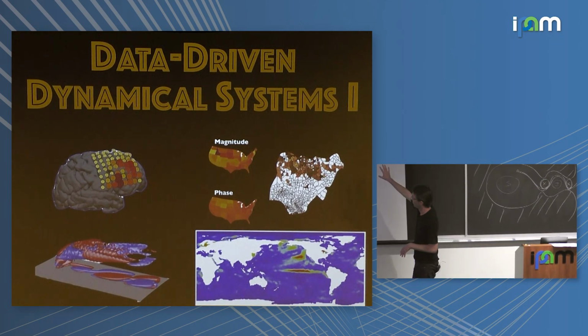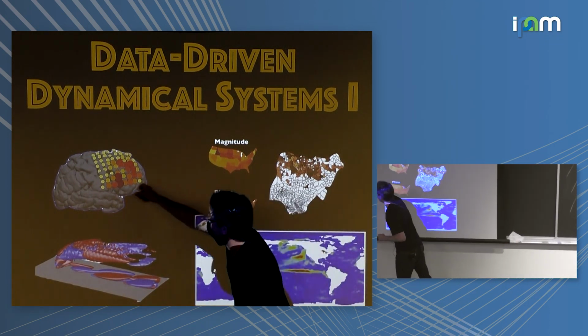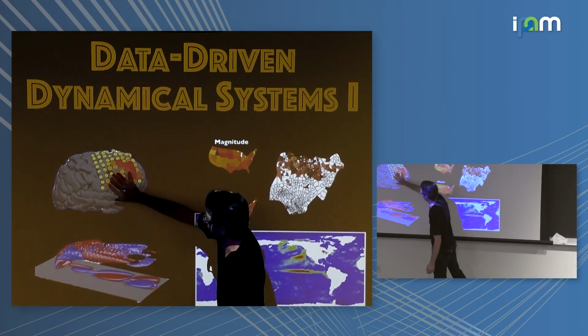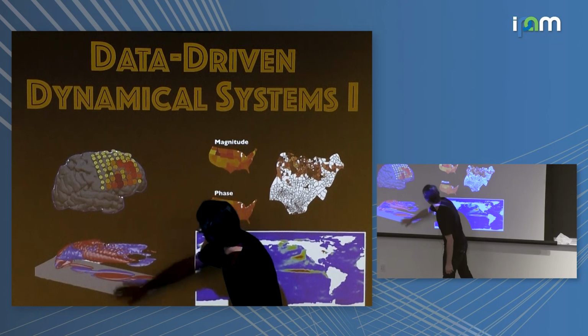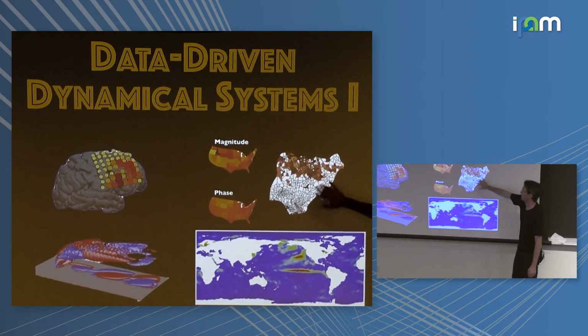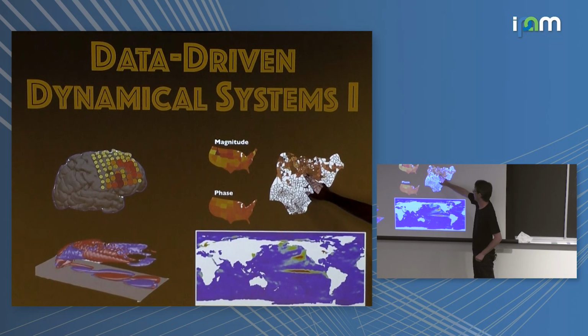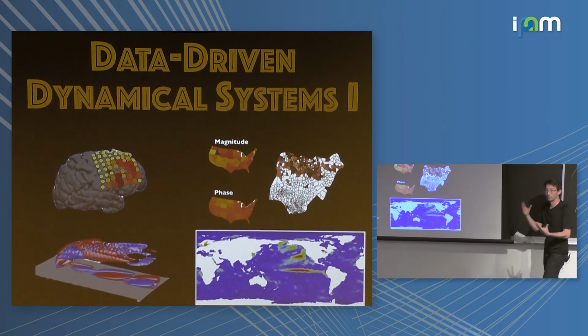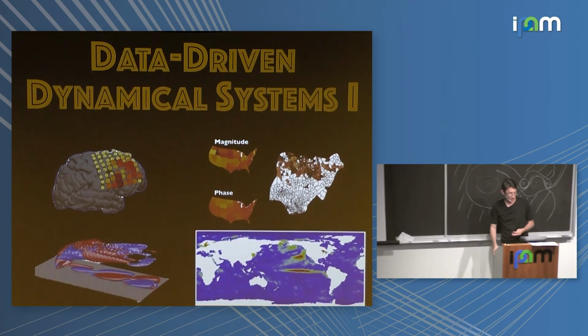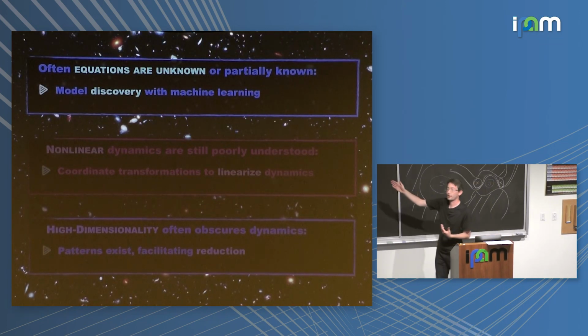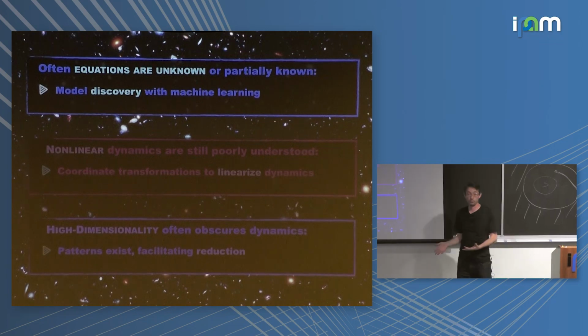So I'm going to talk about data-driven dynamical systems where you have high-dimensional data, for example, neuroscience data. This is my wife's data, fluid data, climate data, and this is the spread of polio in Nigeria. So very interesting data from Josh Proctor and the Institute for Disease Modeling. And remember, we have these. What I'm going to talk about now is when equations are unknown.